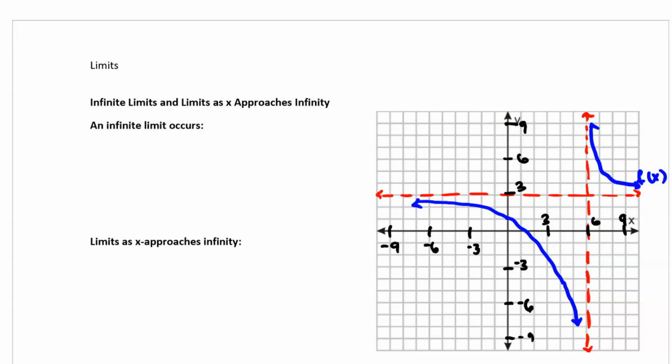All right, so today is all about infinite limits and limits as x approaches infinity. So an infinite limit is a limit where x approaches c